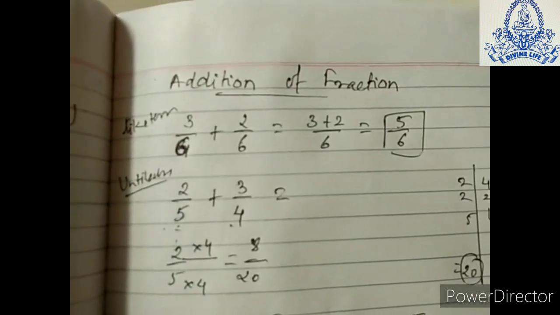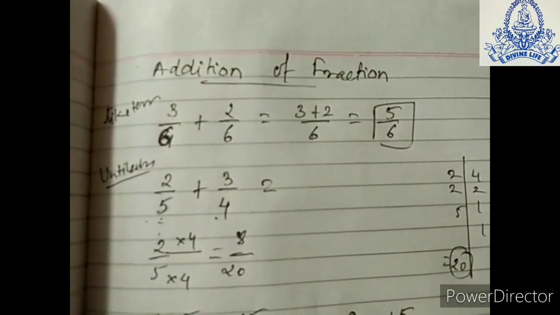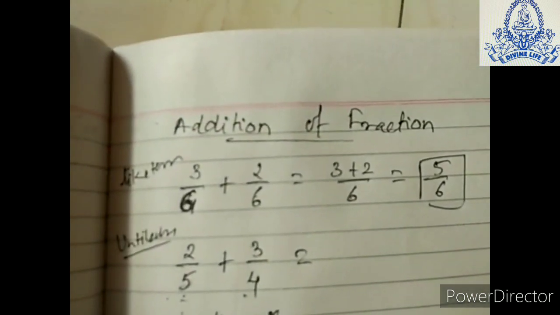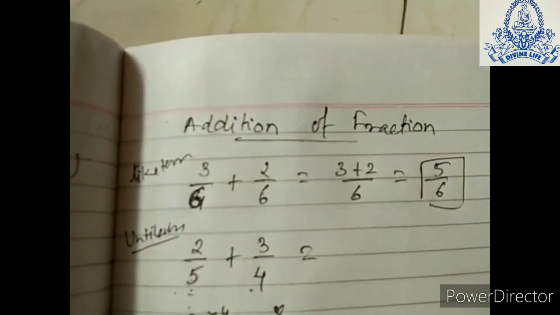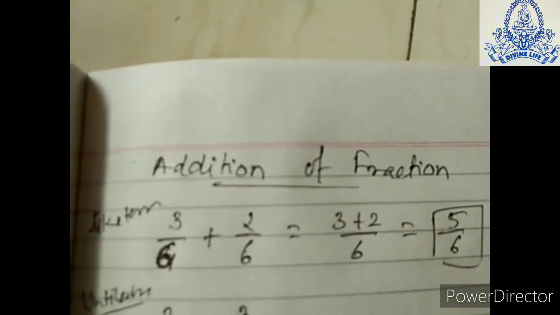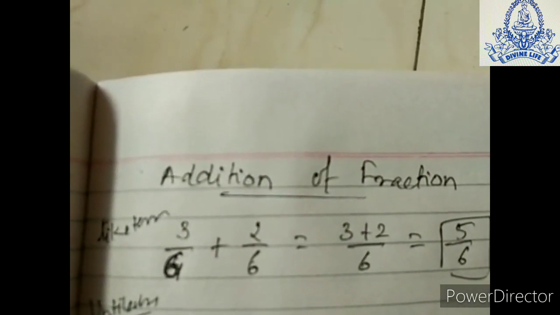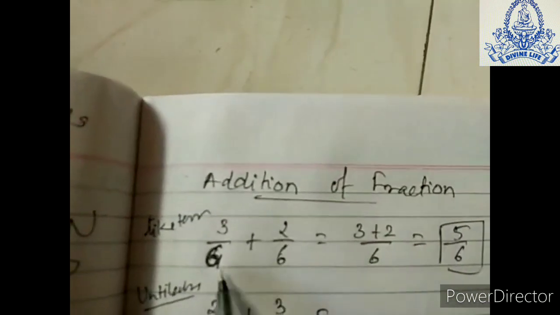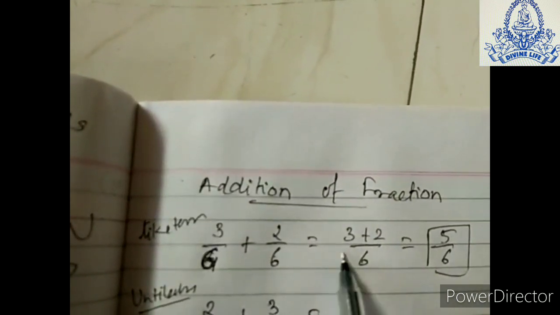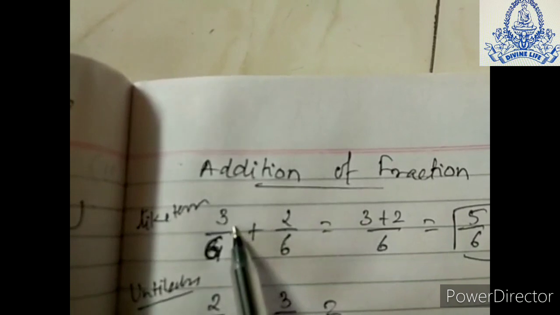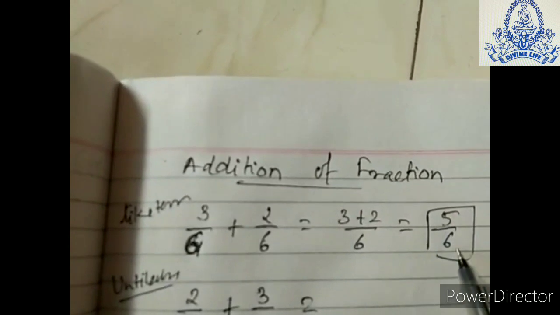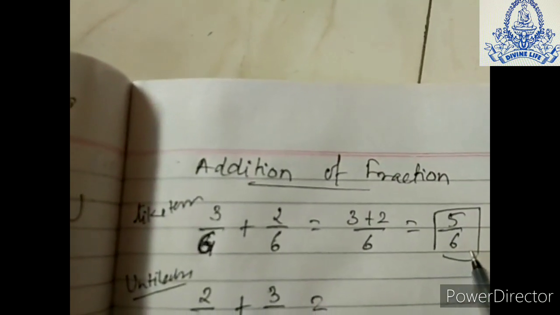Now after the types of fractions we have seen, now the addition of fractions, how you can do it. You can see this. Suppose we are taking two numbers, 3 upon 6 plus 2 upon 6, and we want to add them. Here you can see one thing, that the denominators are both the same, 6. So they are like terms, as we learned in 6th standard also. Both denominators are the same, so it is very simple to add these numbers. 3 plus 2 upon 6, as 6 is common. 3 plus 2 is 5 upon 6. The 5 upon 6 is your final answer.